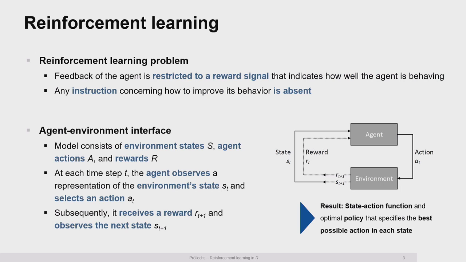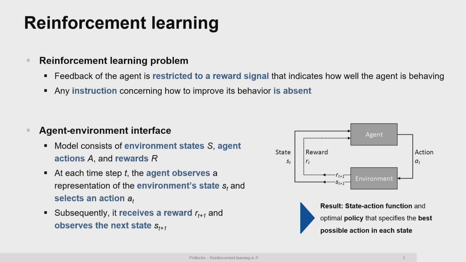So how does it work? The reinforcement learning problem is as follows. In contrast to supervised learning, the feedback of the agent is restricted to a reward signal that indicates how well the agent is behaving. But any instruction regarding how to improve its behavior is not there. So we just have this reward signal, and the agent has to learn on its own how to improve